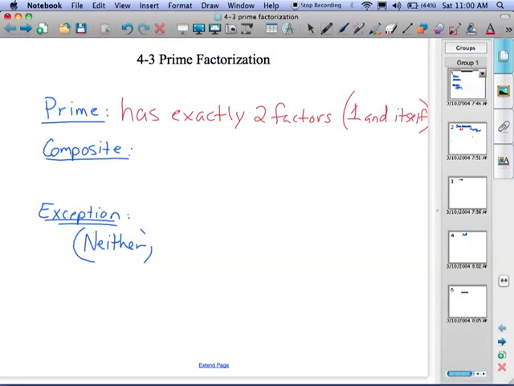A composite number simply has more than two factors. And an exception, neither. So we have exactly two factors, we have more than two factors. The exception is